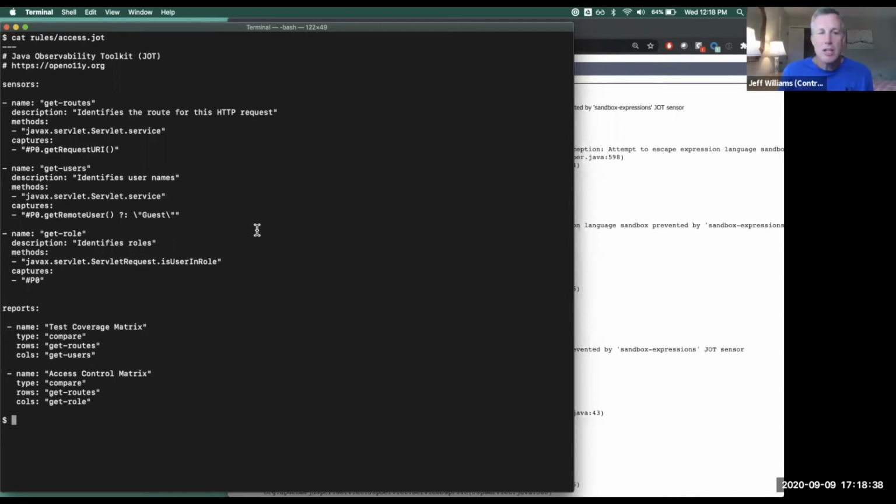I don't think there's anything in this that's tied to anything specific in Java. This would work on any Java application. In fact, it would work on client-side Java, and probably on IoT stuff written in Java. It's just really what you want to use it for. If you're looking for encryption algorithms and use of MD5 and stuff like that, you could use this on anything today. It'd be trivial to find. And there's a jot in the jot package to do that already. But like I said, it's pretty early.